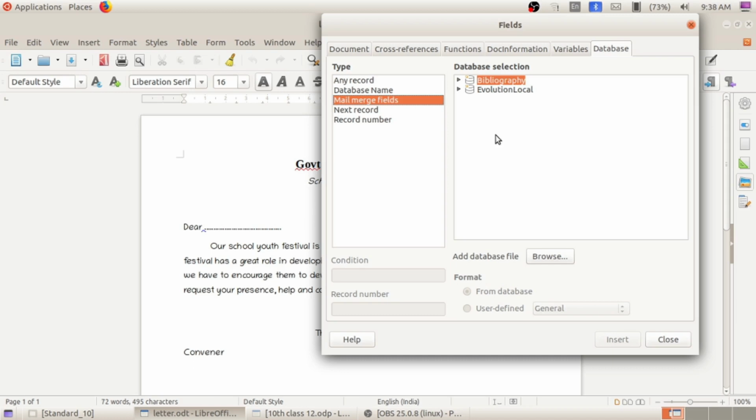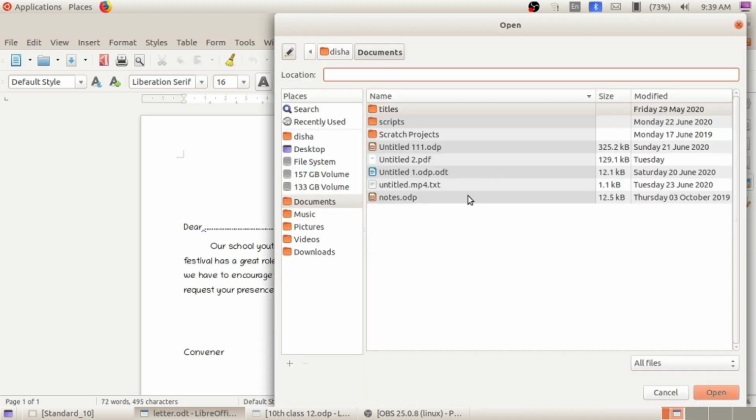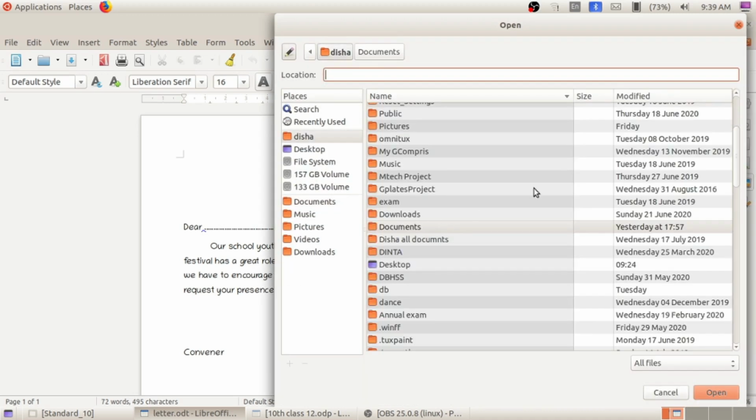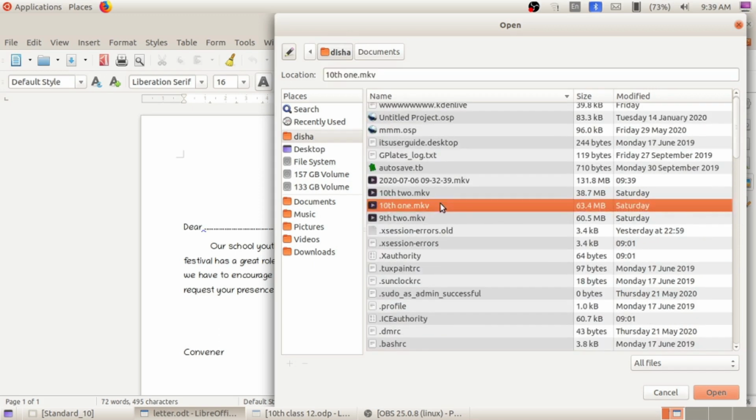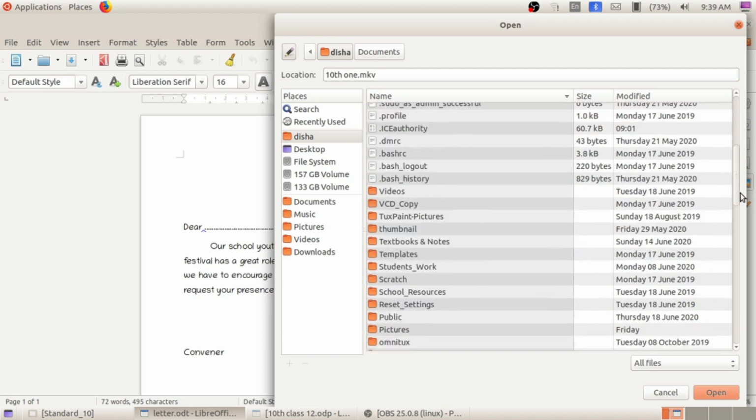The next step is we want to make the address which we already prepared in Calc software active, so we must include the address here. For that, go to browse the document and take school resources standard 10.